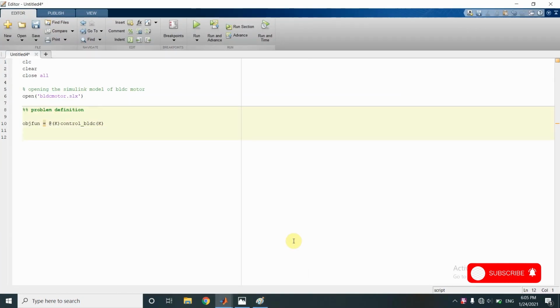Next, we will define our decision variables, that is the gains of the PID controller: KP, KI, and KD.